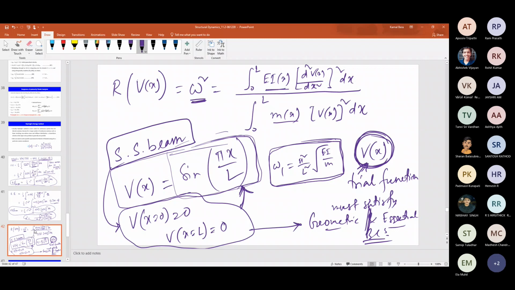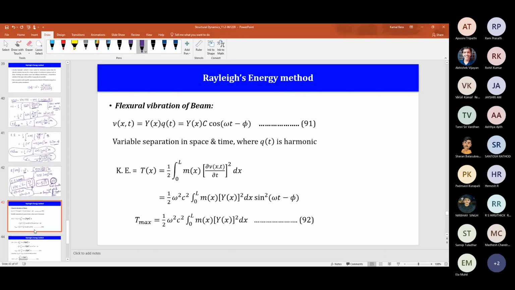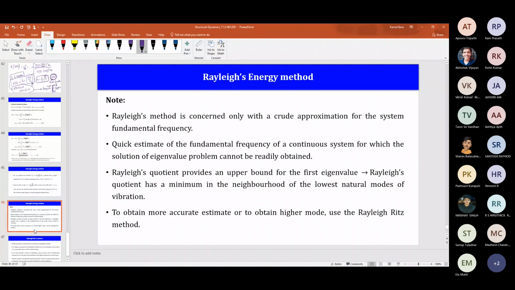Ritz improved this method. Although Rayleigh had no contribution in that method, since Rayleigh first discussed this approach, it is usually known as the Rayleigh-Ritz method, a very famous method. I am not going to discuss it here in detail, but I will just tell you what it is. If you wish, I will keep the PPT, or you can refer to books, although you might find it a little difficult to understand at first.